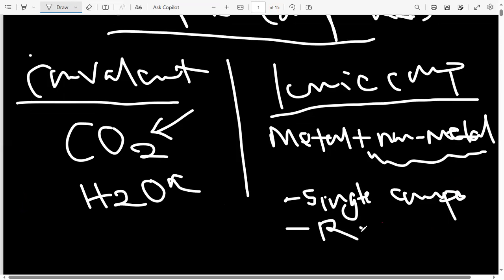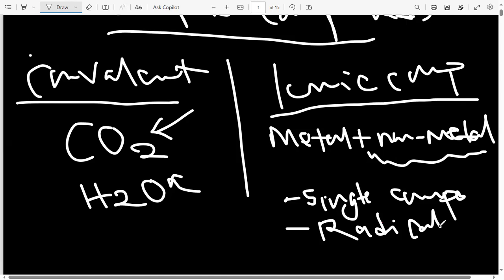These radicals are just grouped ions, so it's a group of atoms and it has a charge. So it's called a radical. So with these ionic compounds, you can have one in which you have a metal reacting with a single